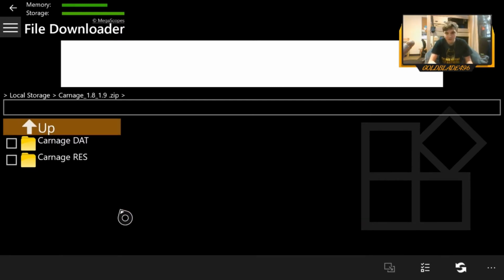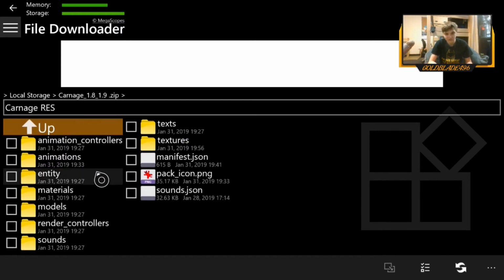If you remember from the other tutorial, if you've watched it, there might be two in here. If it's a whole add-on pack, there might be one file in here if it's just a resource pack, or sometimes it might even look like this, where there's just a bunch of random files in here. If there's just a bunch of random files, what you're actually going to want to do is